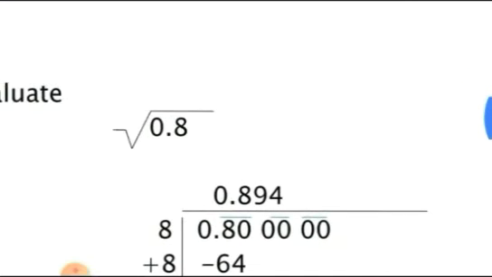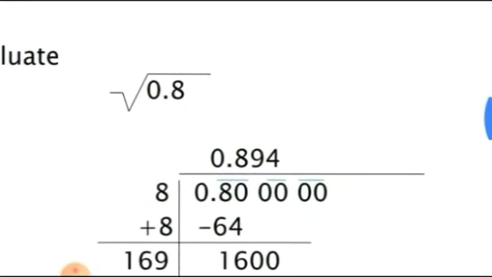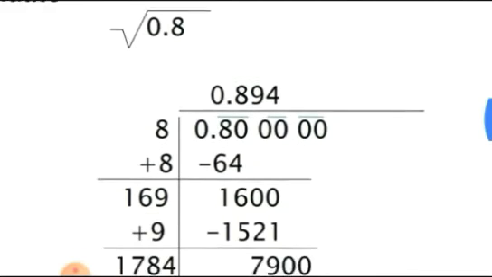One more example, 0.8. Find the value of 0.8 in 2 places, 3 places, 4 places, like this. So first, 0.8. After 8 you put a 0 yourself. If you are told to find the square root up to 3 places, then that means you make 3 pairs here. After 0.8 you put a 0, then 80 is 1 pair. After this, 00 is the 2nd pair.